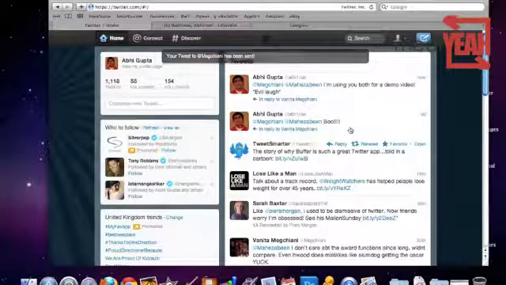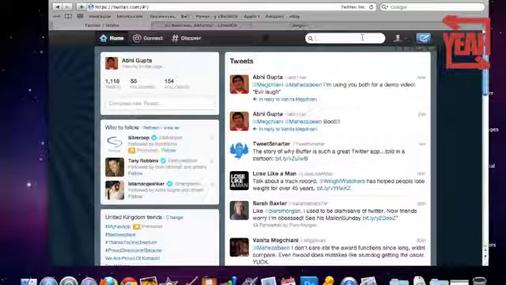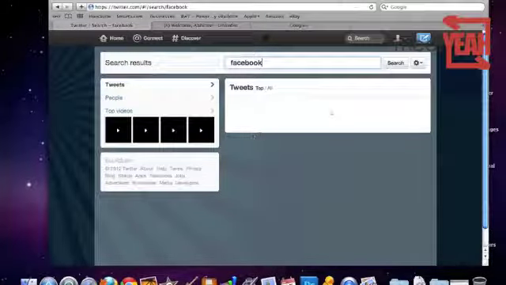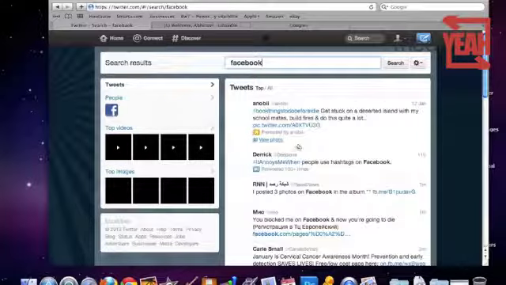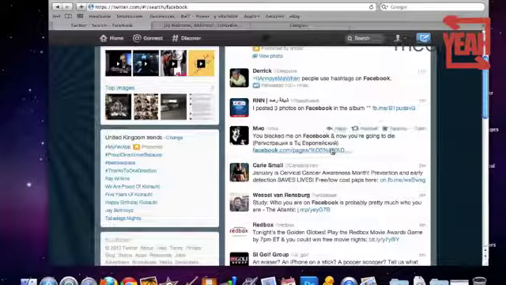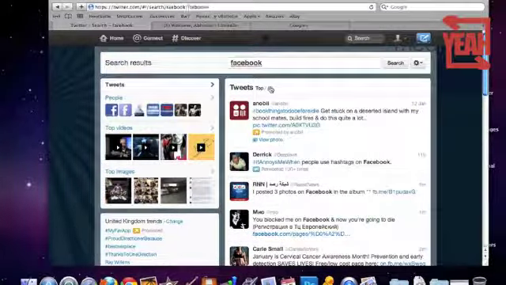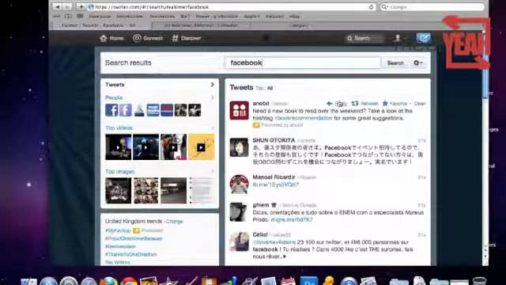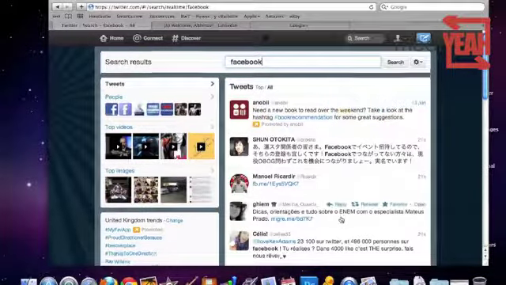And that is Twitter. You basically search, and you can even search for topics of conversation. So if I wanted to search for Facebook, I go to the search bar at the top, type Facebook, and hit enter. When people have posted about Facebook, those tweets will come up here. You can organize it by top tweets or all tweets. All tweets is the whole list, basically anyone that's tweeted something mentioning Facebook, so there's loads there.